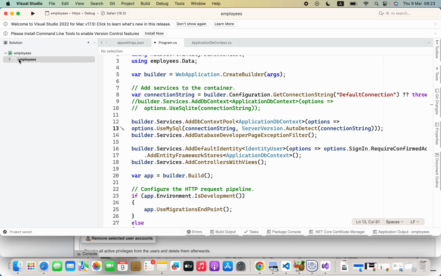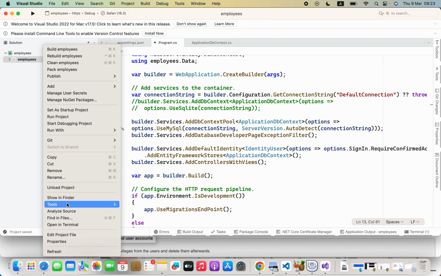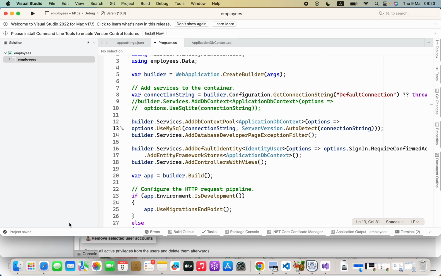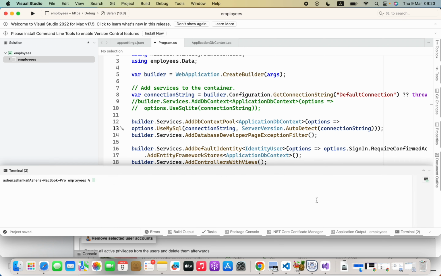Terminal is not coming. Okay, now here I am going to type .NET EF, let me zoom that, .NET EF migrations